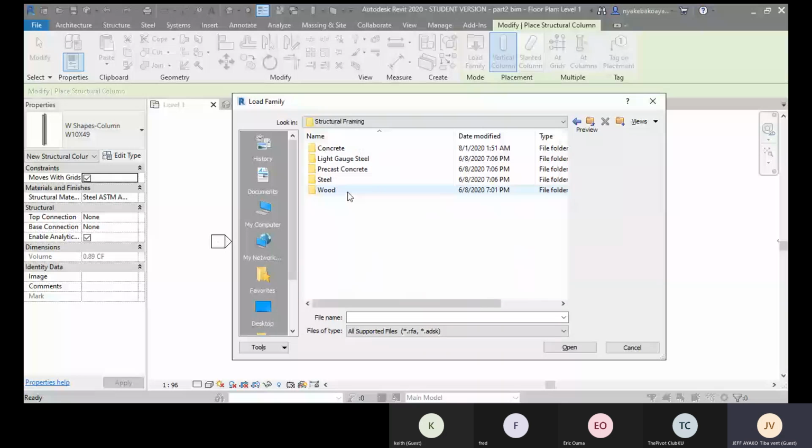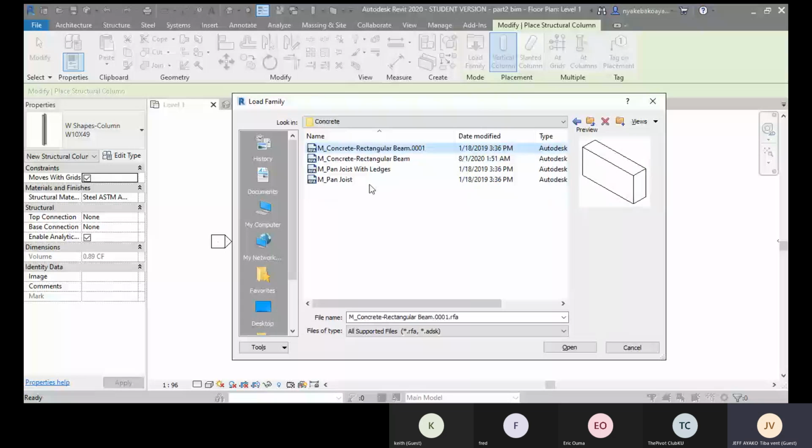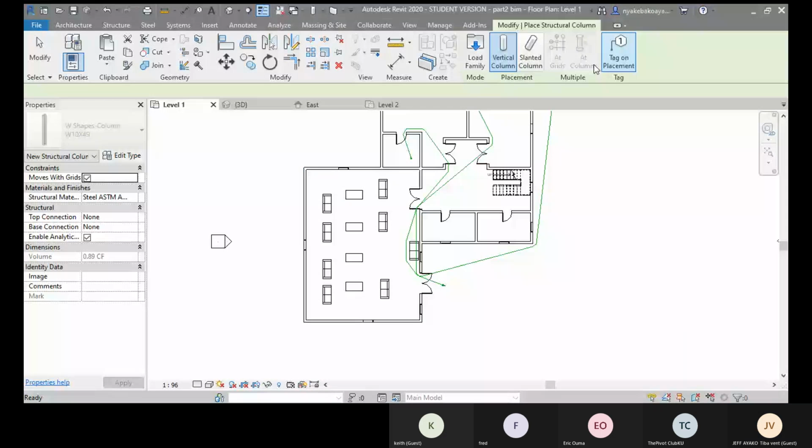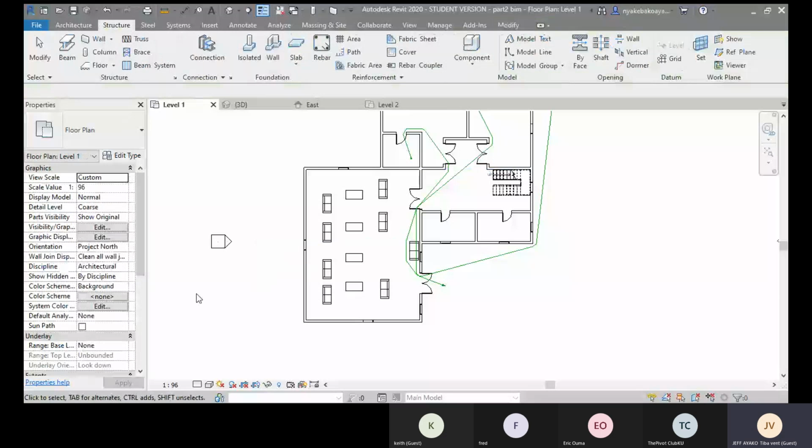Double click that, double click on concrete, select the first one. Okay. Why is it not working? I don't understand it, but let's do this. Because of time, what we'll do